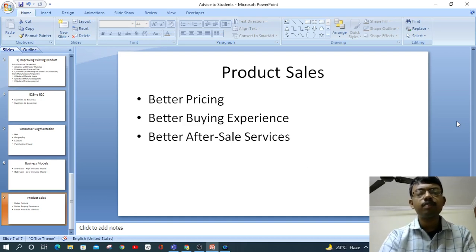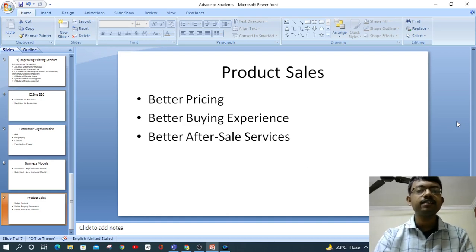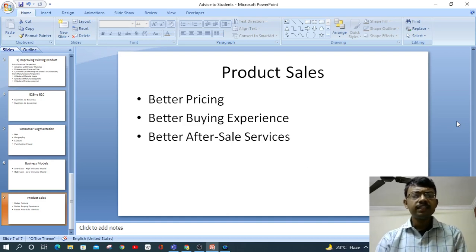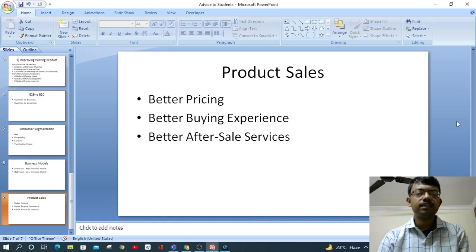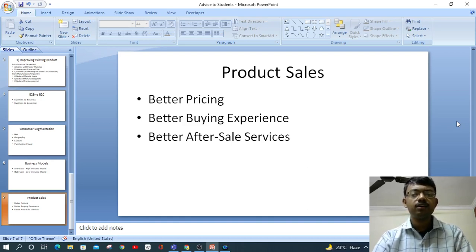Even if you are not buying anything, you still go to a mall to spend your free time there. So that's what is meant by the buying experience, where you don't directly invent on your product, but you focus on how the customer feels when he is trying to buy it.